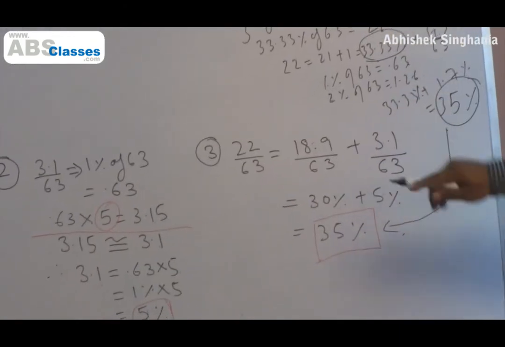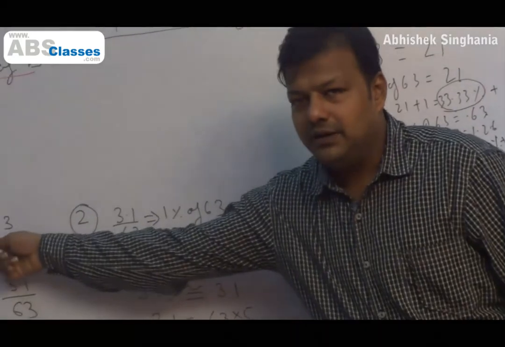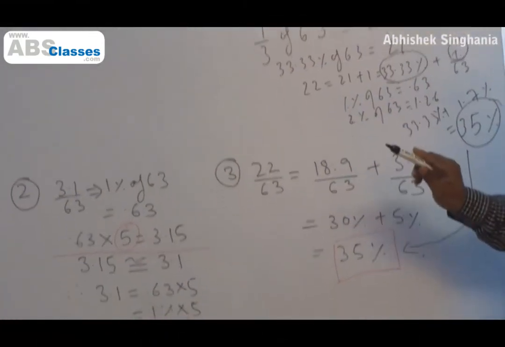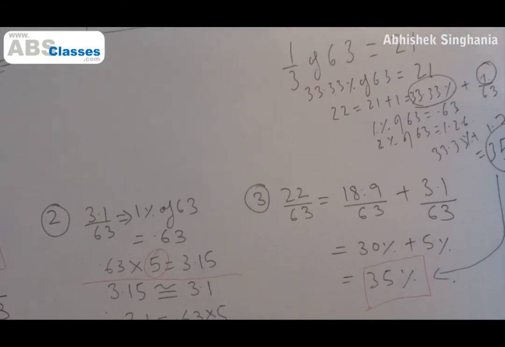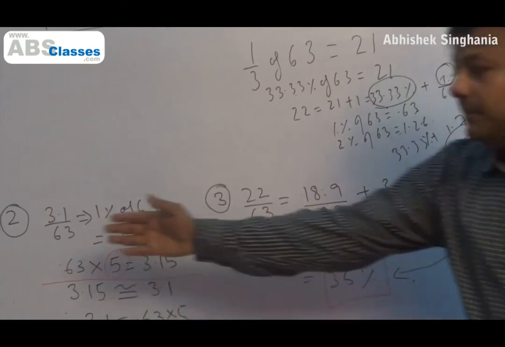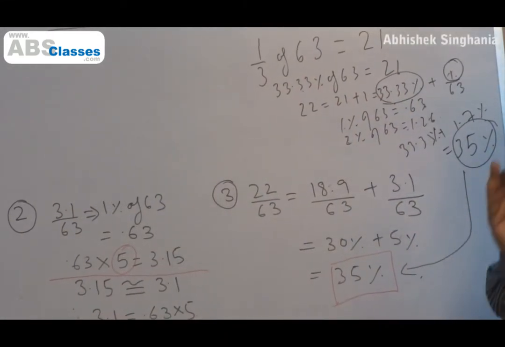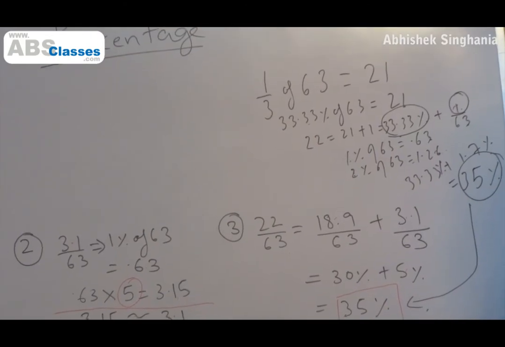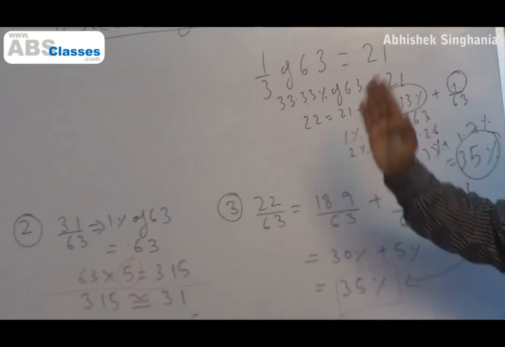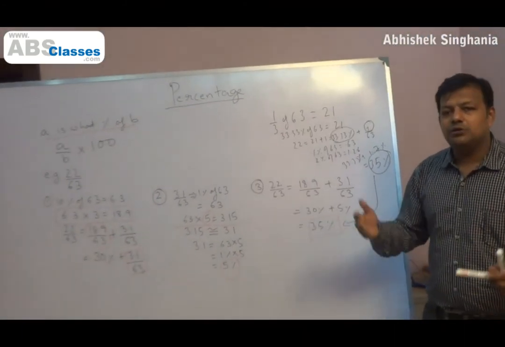Okay, so the only difference between the two methods was that here I started off with 10%, and here right away I established that my answer will be very close to 33.33%. The only thing that we have to keep in mind is this first step. How do we come to this 30% or 33.33%? This has to be done very fast. We should not worry too much about getting it exactly, there is no right way of doing it. So we need to get to this part very, very fast. Let's try out a few examples to understand it better.